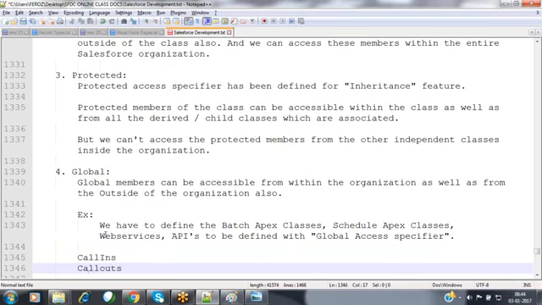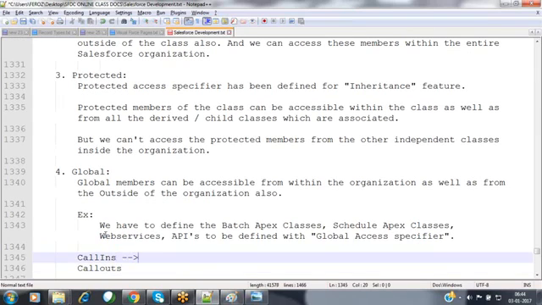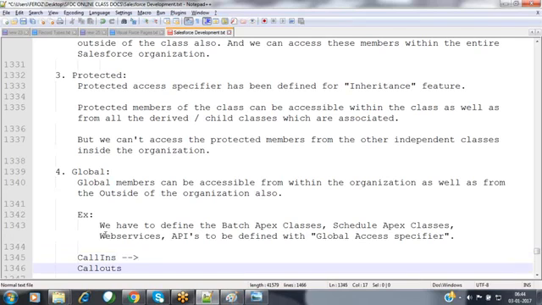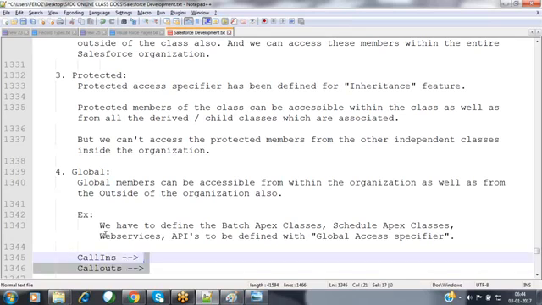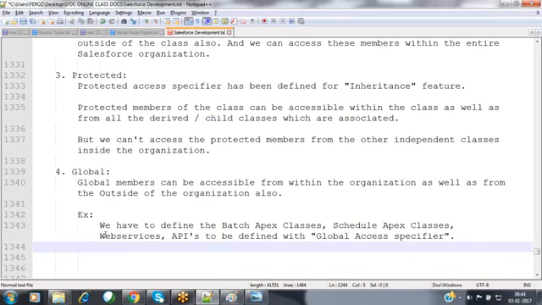Call-ins and call-outs. Call-in means what? Nothing but the Salesforce is going to be invoking the APIs of the third-party system. Nothing but the call is coming into our local system. Call-out means what? Whenever the Salesforce system is going to be invoking the third-party APIs, at that time it is called a call-out. Like incoming and outgoing. Now we'll see what exactly the call-in service is, and what exactly the call-out service is.